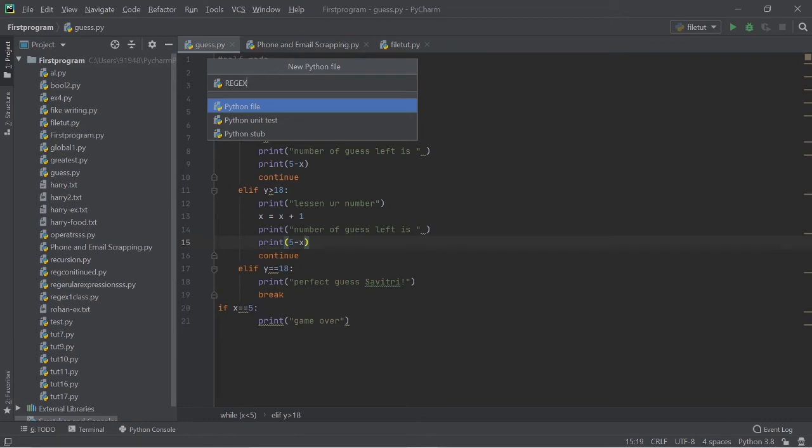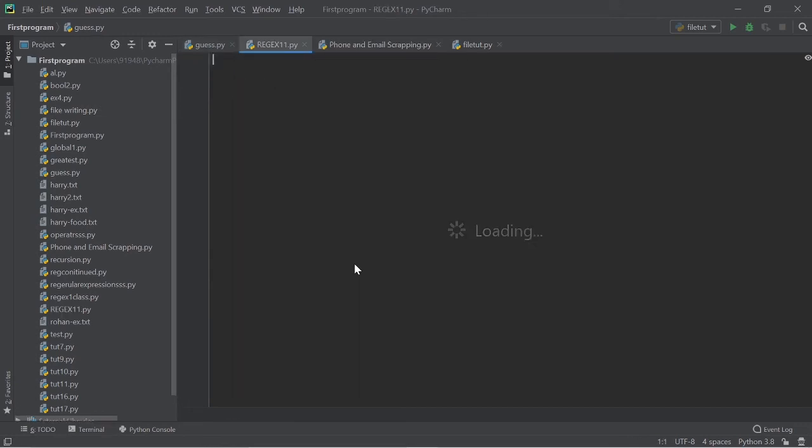Okay, now I will teach you with the regular expression. Now let me save this file as regex 11 as a Python file. Okay, now let me show how simple the regular expression is. And you'll say, sir, really, regular expression is one of the best modules in Python.